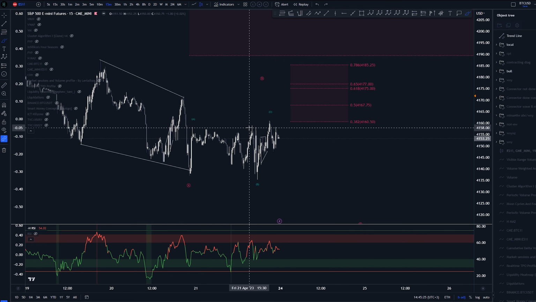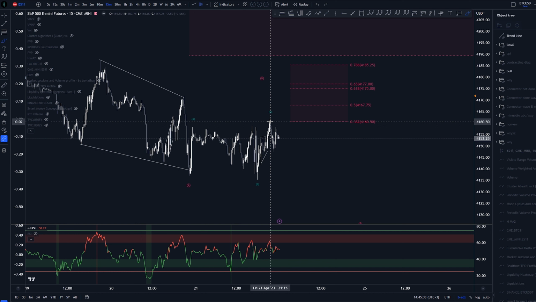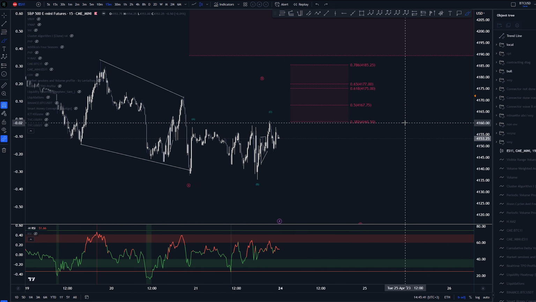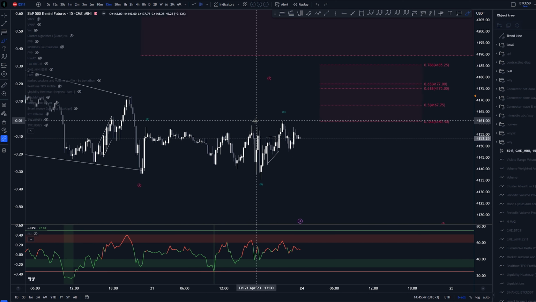I only got into that short in here. I was already looking for that short opportunity here, but we did not get to the 38.2, which is again the minimum I need to be retraced before I can accept myself to take a trade. Again, for me to be a consistent trader I need to be respecting the setups that I have and the fibs that I have here. So again, I did not get to enter here,